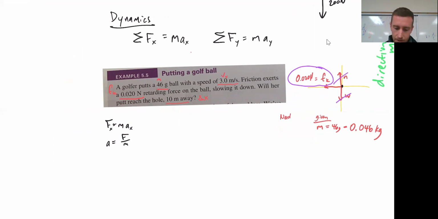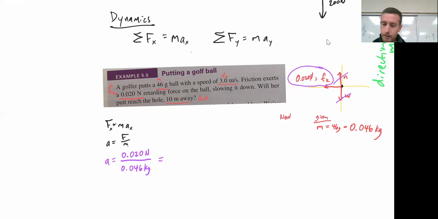Then I can solve for acceleration. Acceleration is equal to force over mass. So my acceleration of the golf ball is going to equal the force, 0.020 newtons, over the mass, 0.046 kilograms, giving me an acceleration of